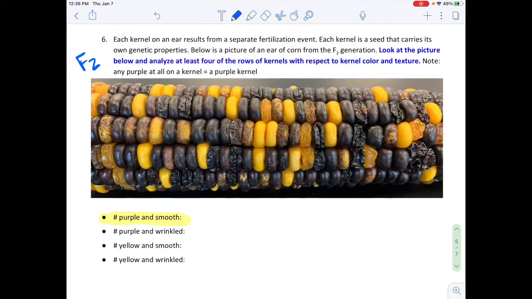All right, and if it has any purple at all, like this one does, that's purple. So 1, 2, 3,